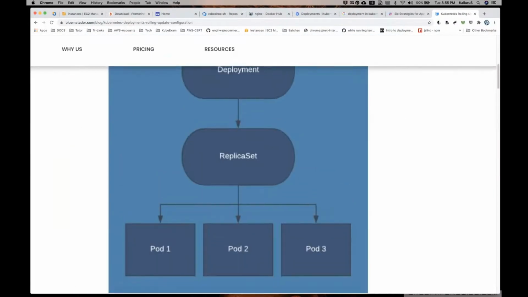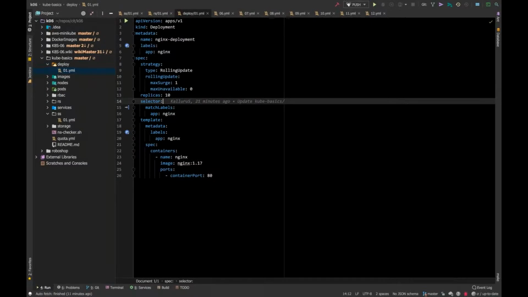So Raghu, for this max unavailable, do we need to specify a number, or can we simply go with 0? You can stick with 0. It decides how many pods you want to delete while you update. That's the strategy. If you make it 0, that means only when there is a successful deployment will it actually